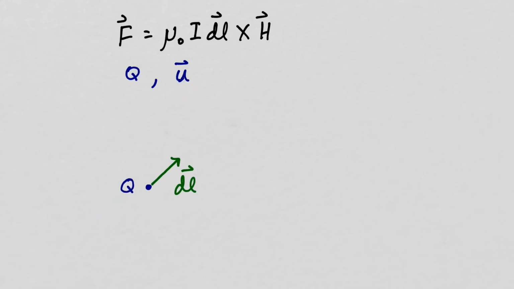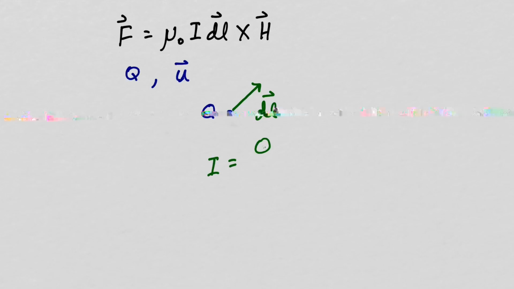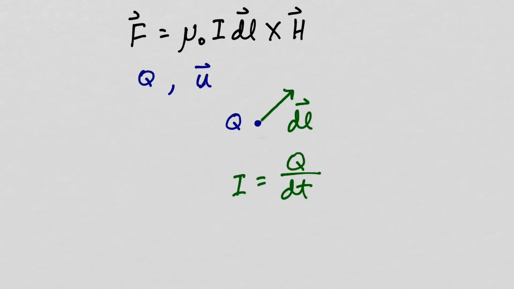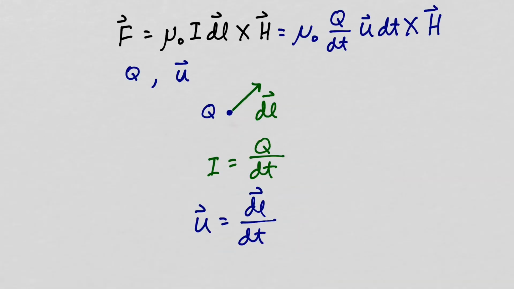So every dt, the charge moves a distance dl. And so in the region of the charge, you can think of a current flowing as the charge at that location over the time dt. The velocity of the charge will be the differential length divided by the time dt. So for the current represented by this charge moving with the velocity u, we can substitute Q over dt, and for dl, we can substitute the velocity times the differential time dt.